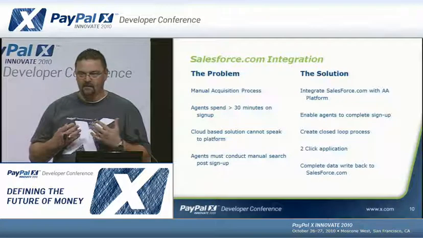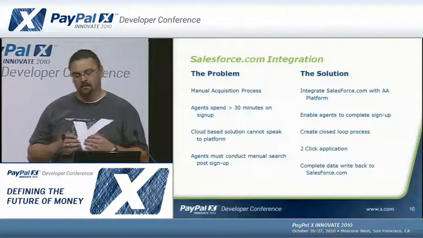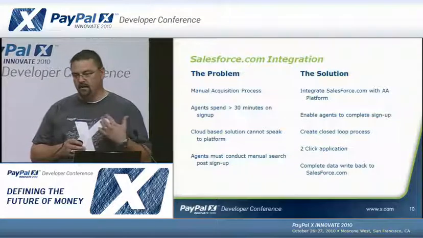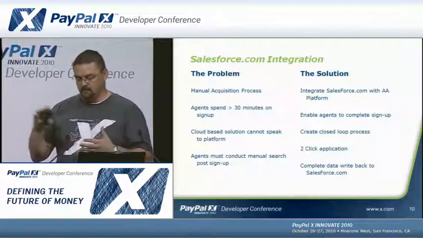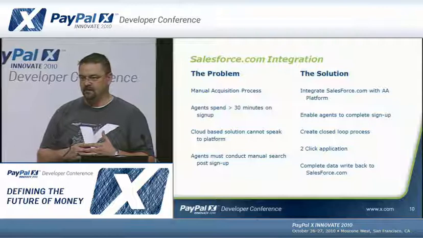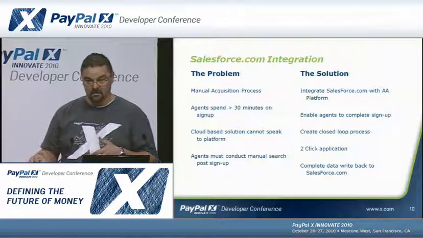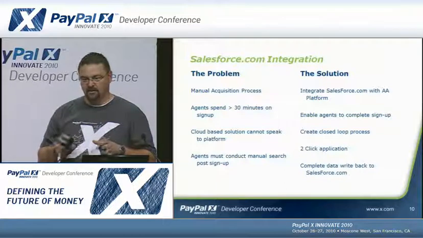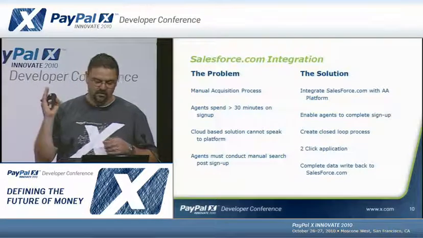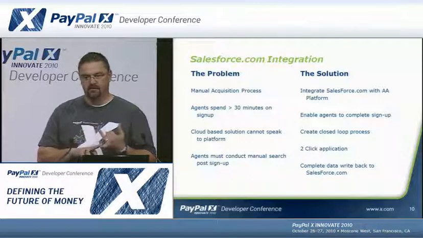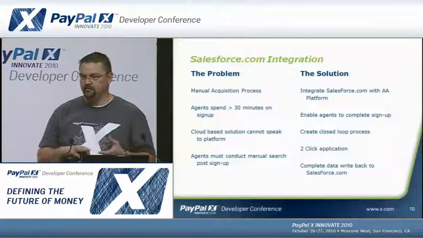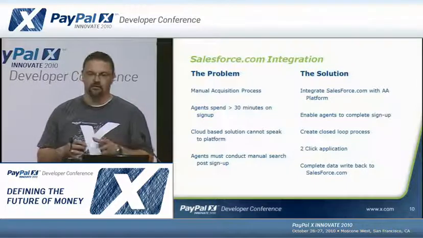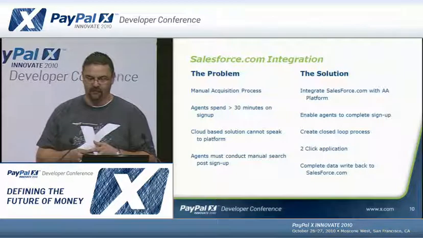So when the possibility came up for us to integrate with the Adaptive Accounts API, we took advantage of it. We hired a Salesforce developer from out in the field. I hired an additional person to my team with no prior PayPal experience. We tried to make this as true a real-life scenario as possible: somebody from out in the field. She used the developer technical support that would be available to all of you, she used the documentation that would be available to all of you, and she used no internal resources that would not be available to any of you.